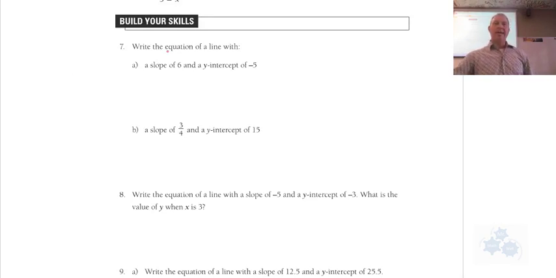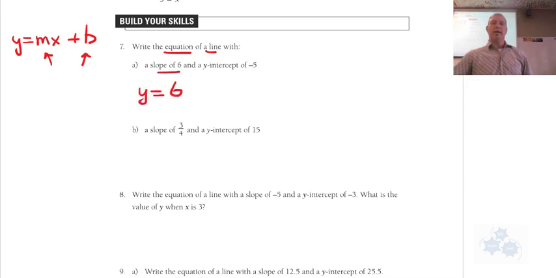All right, so write an equation of a line with, so remember, we're remembering y equals m times x plus b. That's our format, and we're going to try and figure out if we can find out what m is and find out what b is, and then just substitute values in. It's pretty straightforward. So this one has a slope of 6. They give you a slope of 6. So let's write y equals 6